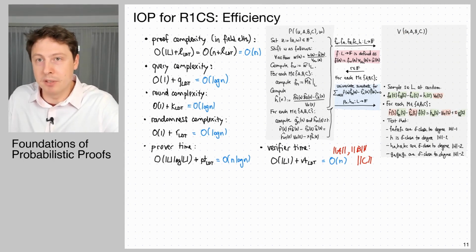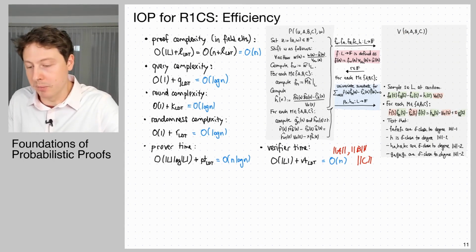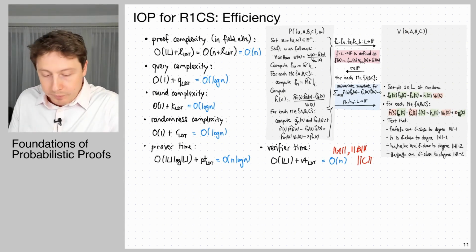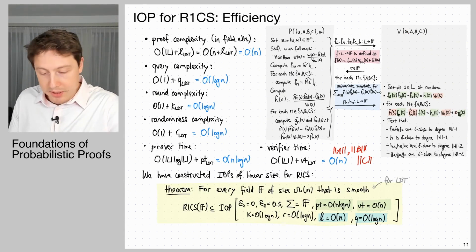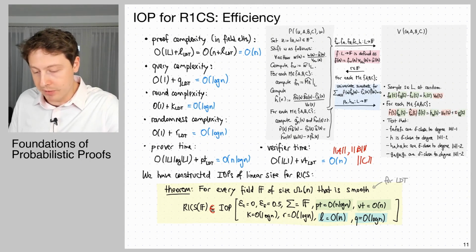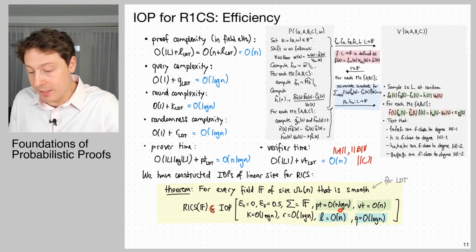So what are you going to do? You have to read the matrices. So this is kind of optimal, right? And so this is what we got. This is a theorem, okay? We showed that R1CS has linear size proofs. The prover is in fact quasi-linear time. The verifier has optimal proof time,